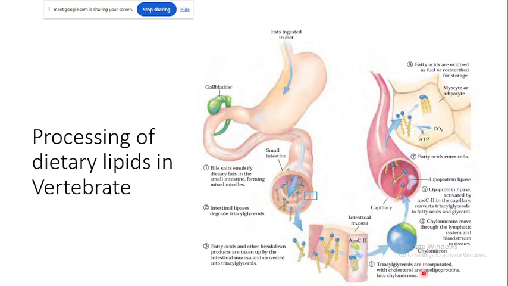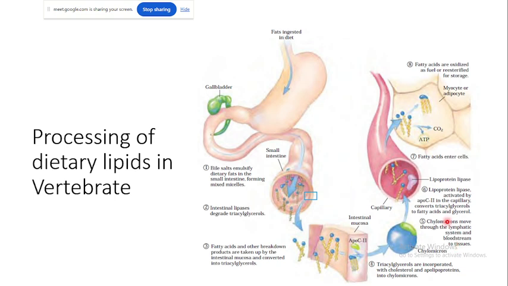Now these triacylglycerols are incorporated with cholesterol and apolipoprotein into chylomicron. So it will form chylomicron, which is composed of cholesterol, right, and apolipoprotein. Apolipoproteins are the proteins which can bind with the lipid, right? So it can bind with the triacylglycerol, right? So they will make a chylomicron. This green portion is the apolipoprotein, right? And this blue portion is the combination of triacylglycerols and cholesterol. Right? Now this chylomicron can move in the bloodstream, so it will move through the lymphatic system, right, and